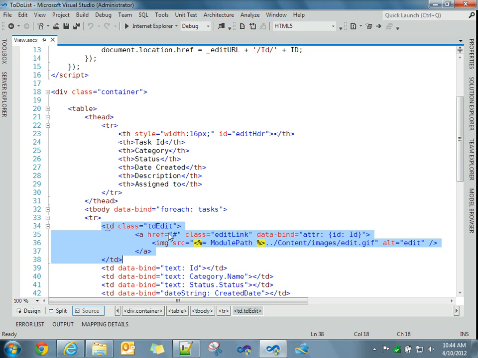column with a class of tdEdit, and we're going to use an href tag, an a tag, as a link, and use an image source to go and grab the edit pencil graphic from our content images folder and use that for the image. Now you'll notice that I'm going to use Knockout data binding to bind the ID, the unique ID of each row, to the a tag,